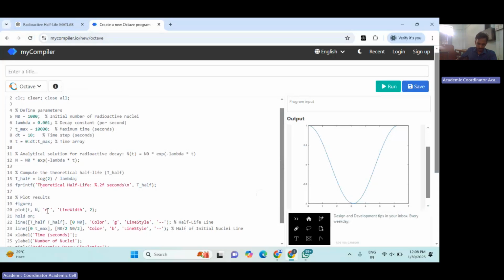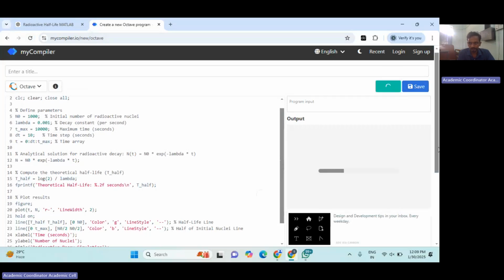additional decoration parameters for the graph. R stands for red color, and line graph, and line width is 2. And I'm marking two other lines, one for t half, another for N naught by 2. So if you run the program,